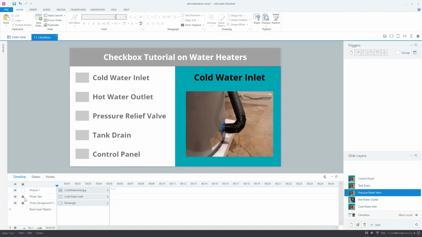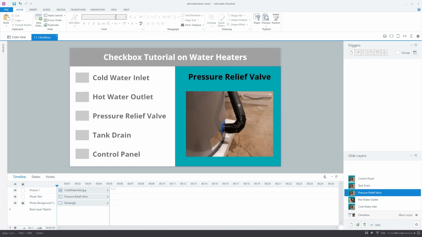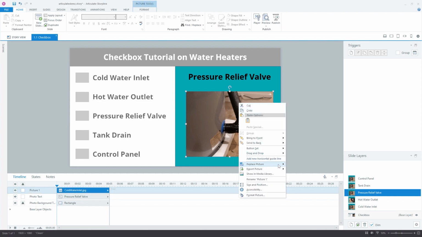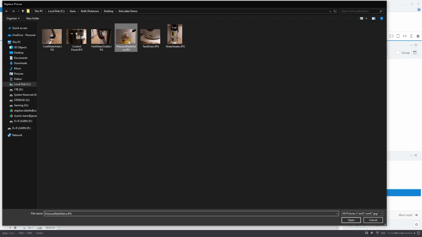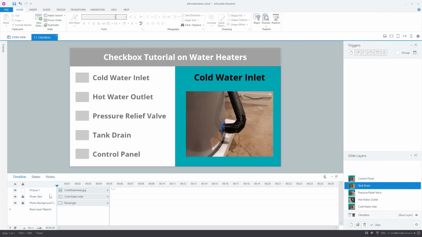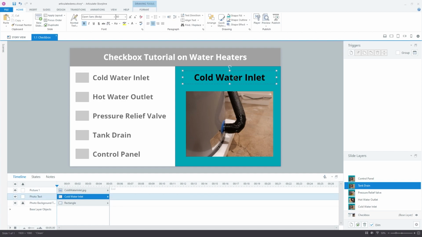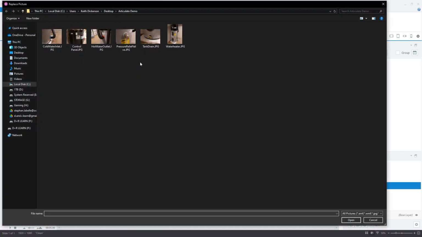Same thing here. We'll unlock that. This is the pressure relief valve. And since that carried over to a second line, I'll just shrink it a little bit. And I will right-click, do replace picture, picture from file, pressure relief valve, and boom, boom. Next one. Probably shouldn't have locked these, but I just did that out of habit. We'll do tank drain, right-click, replace picture from file,